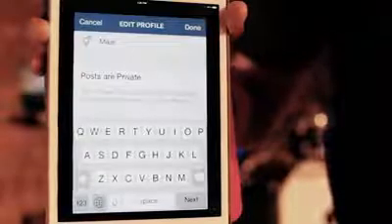But before I do that, I'm going to make sure that I'm not saying maybe my kids' names, or there's not a photo that shows the address of my house. If it is going to be public, just spend a little time and be thoughtful on that. You don't have to make that decision right now. And you can always go back and change that setting.